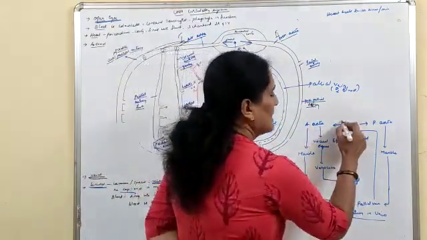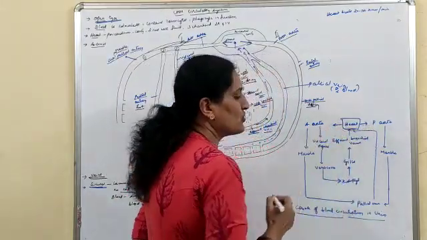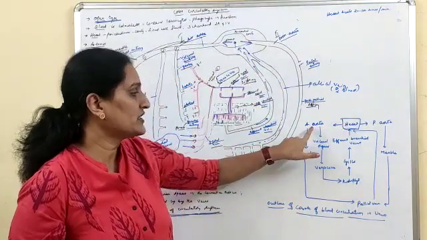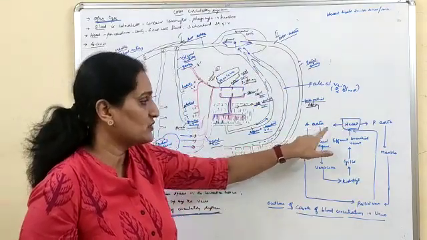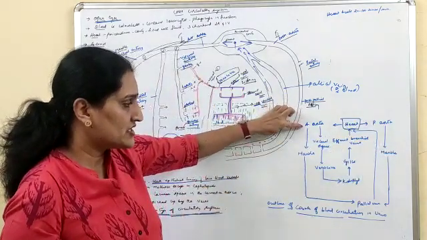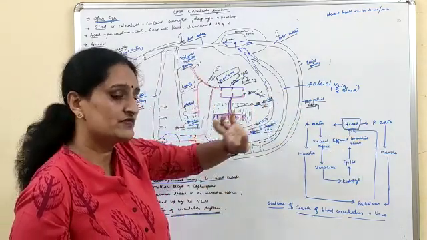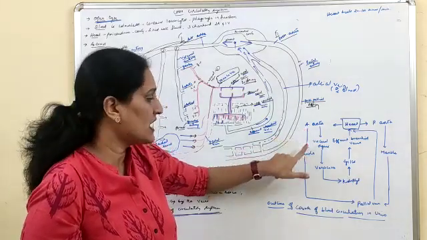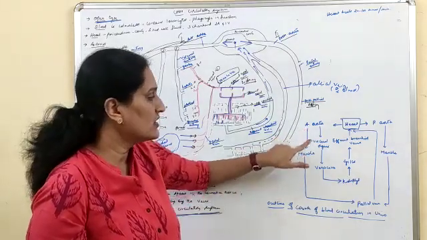We said that the heart is the main organ of pumping here. So from the heart, the blood goes to the anterior aorta and the posterior aorta. From the anterior aorta, it gives rise to three main branches. One is the anterior pallial artery that goes to the mantle. Then